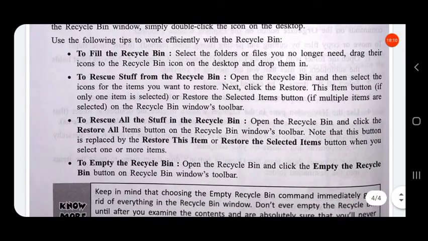open the recycle bin and then select the icons for the items you want to restore. Next, click the Restore this item button or Restore the selected items button on the recycle bin Windows toolbar.